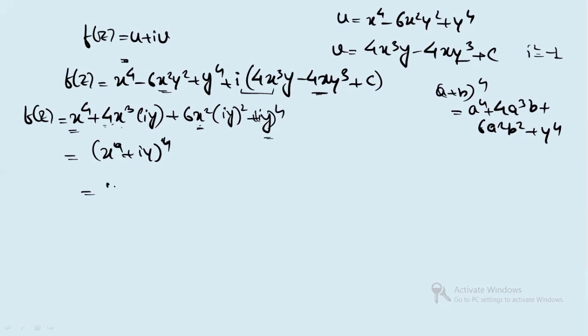And what is x plus iy? It is z to the power 4, right? So f(z) is equal to what? z to the power 4. Here 1 plus ic will be there. All right. So that will be as it is. So this is how you can write. Clear? So this is, I think it was very simple. It was not that complicated. This part you might find it complicated, but I have done the entire simplification.